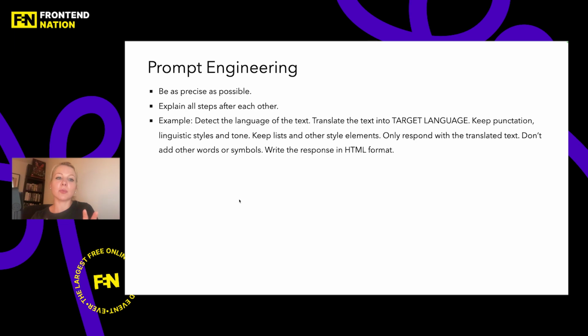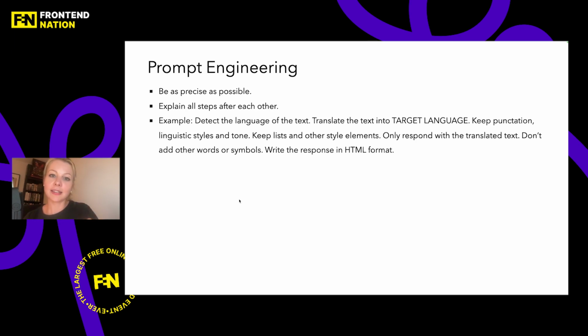Instead, my prompt was detect the language of the text. Why? Because the text could be in Spanish. My prompt here is in English, but I maybe want to translate it to German, and this can get confusing for the model. So I'm telling it, detect the language of the text, translate the text into the target language, keep punctuation, linguistic style, and tone, keep lists